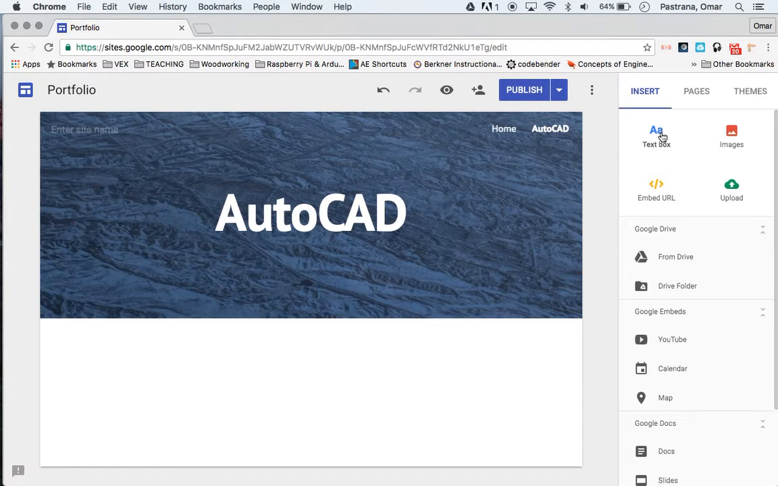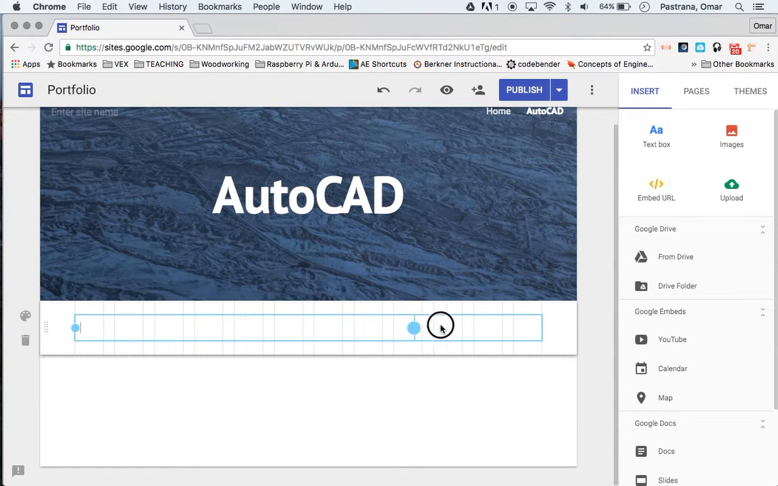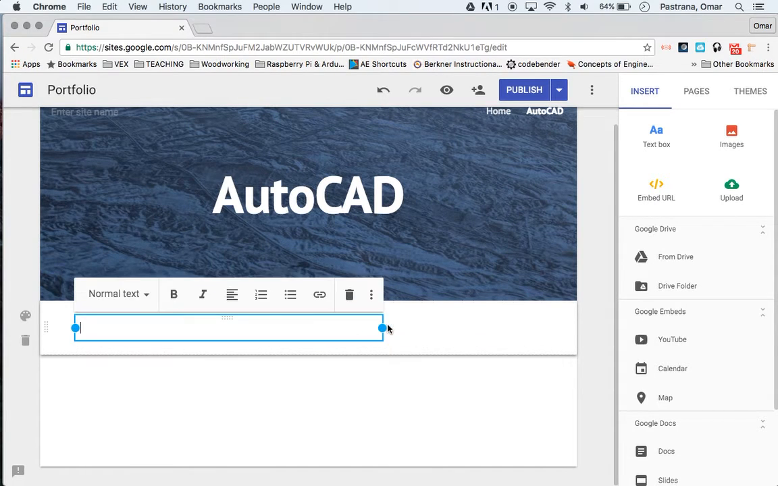So we're going to add text. We're going to add some text, and I'm going to be able to move where I want this text, and you can see those grid things pop up, and that allows it to lock into that spacing. That's just going to be percentage wise. So on our AutoCAD site, we can put some information about,